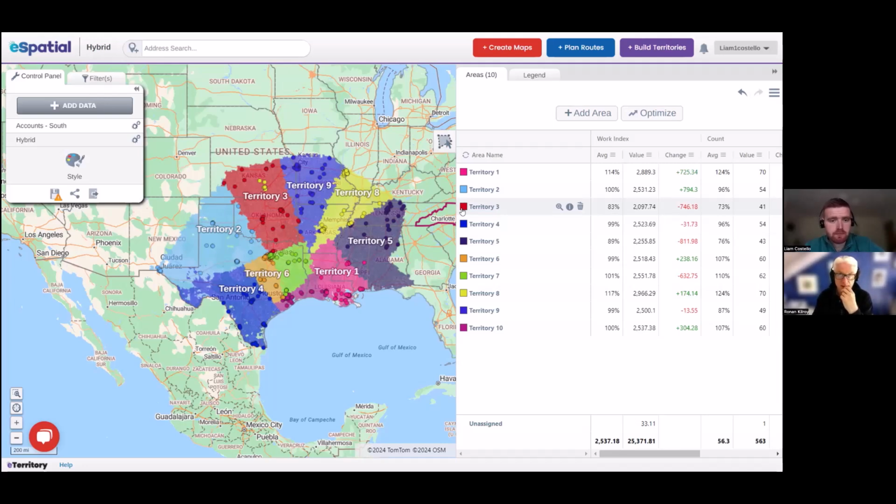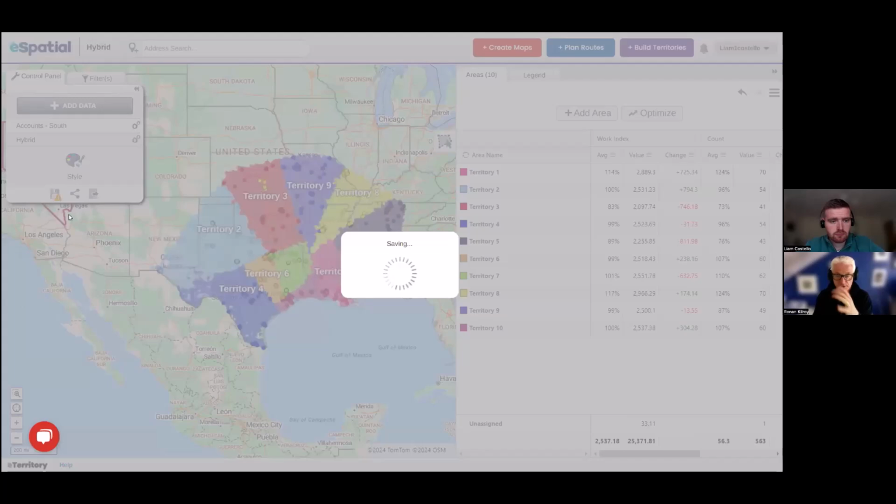Well, I suppose to ensure you have the happy reps, we would highly encourage people to involve the managers using the scenario planning tool, because that's a great way for them to see potential changes and then have their own input. And it might be a good idea just to show people how easy it is to share a map, because I think in these kinds of scenarios, that's where the planning tool really excels, isn't it?